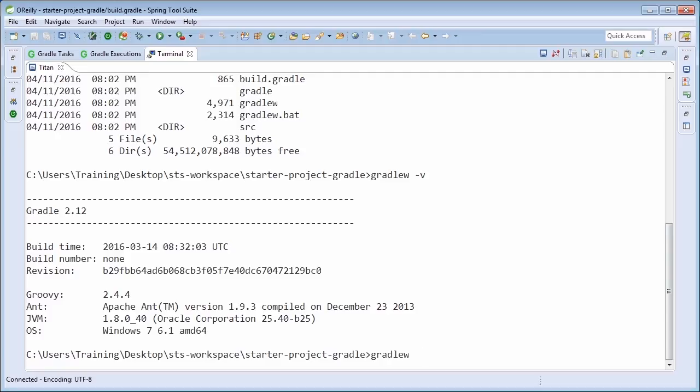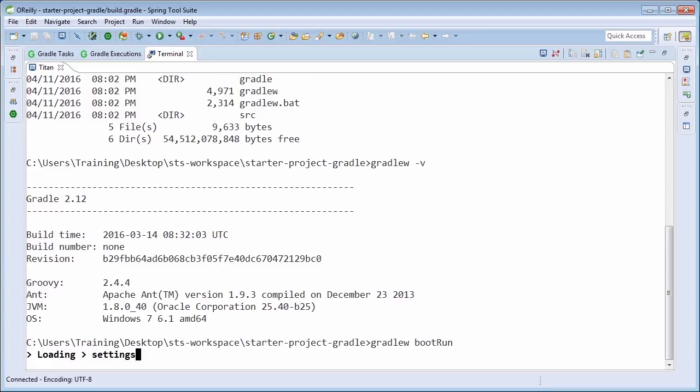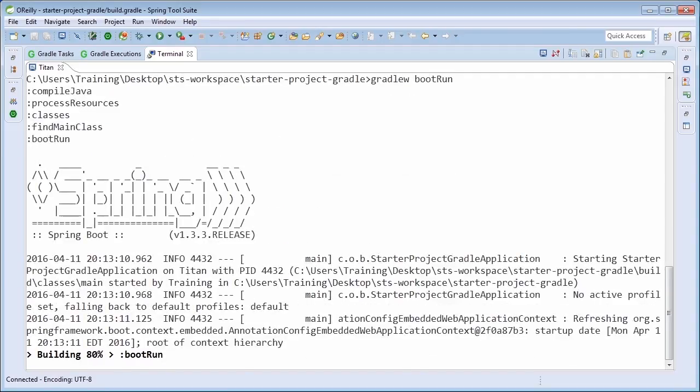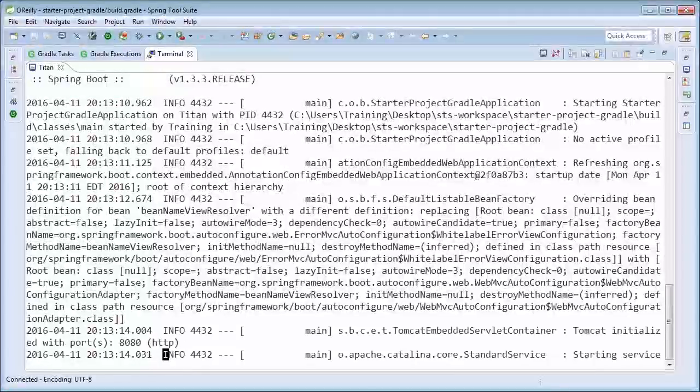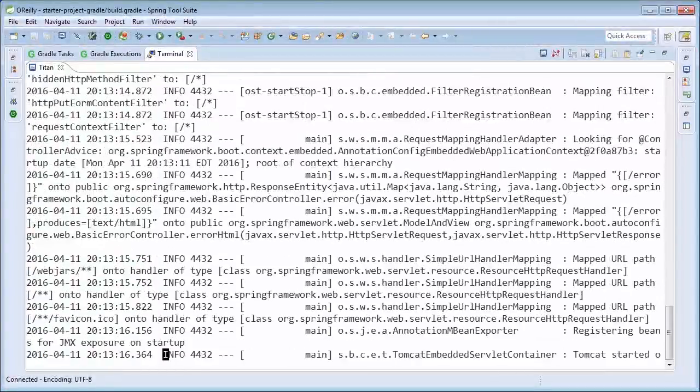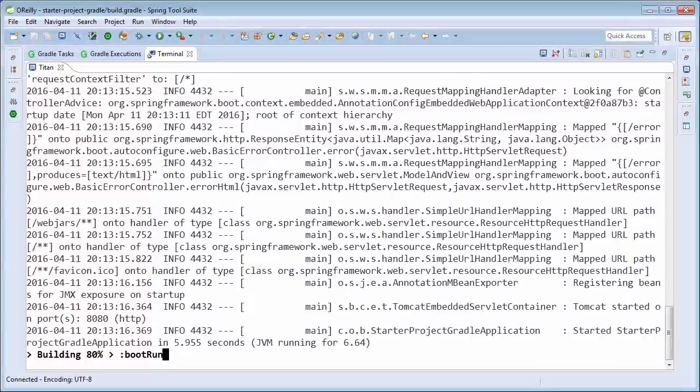With the Gradle wrapper in place, we can go ahead and run our Spring Boot application by invoking the bootRun task. And once we invoke that task using Gradle or the Gradle wrapper, you will see that our project will begin to build and eventually will run. So there we see the ASCII art for Spring Boot, and our project begins to set up, and eventually we will have a running Spring Boot application. There you can see Tomcat has started on port 8080, so our application would be able to service requests at